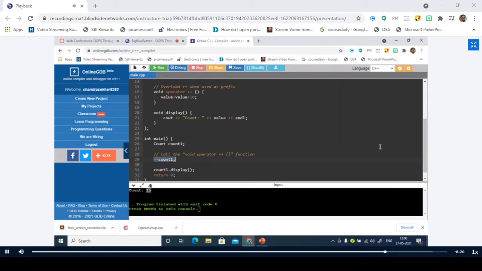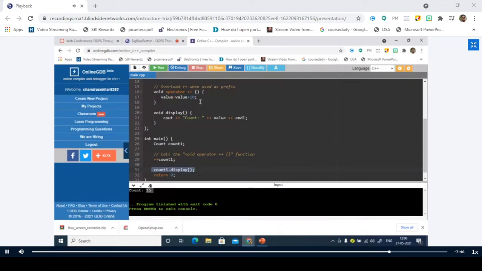Operator function call. So when I execute this statement, the definition of this function will be executed. It will match this plus plus with this operator plus plus, therefore the operator function will be invoked and the body of this function will be executed. It won't bother about what is inside it. Whatever value I have, that is 5, I am adding it to 10. So 10 plus 5 is 15. Again I am storing it, so when I display it, I get the value as 15.